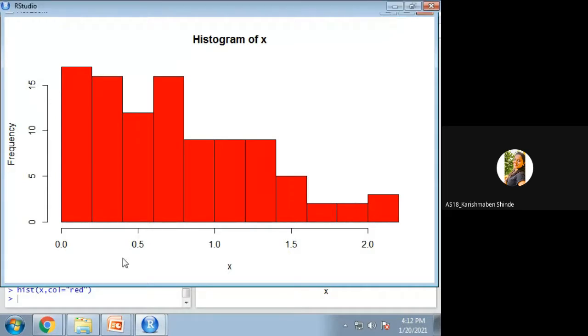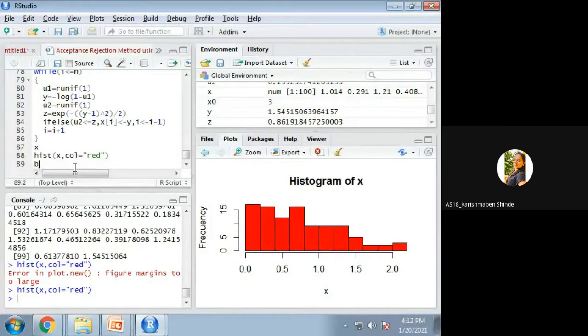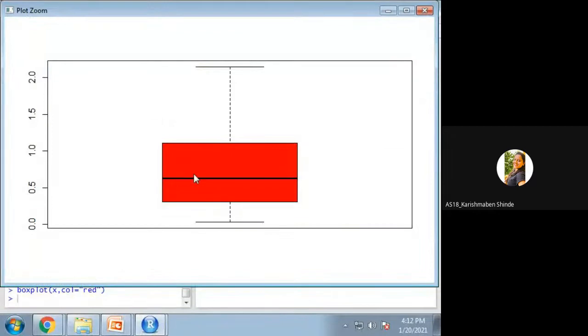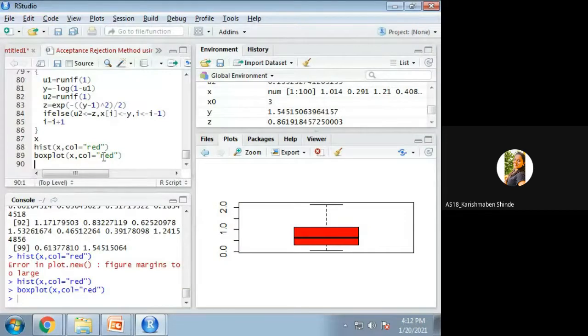Yes, sir. Make the box plot. In the exam, you have to make this kind of plot. Color equal to red. Box plot of positive. Normal plot, QQ plot.